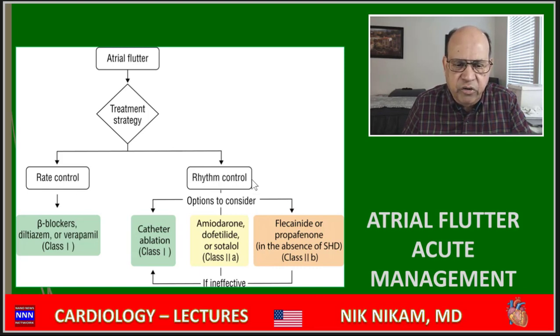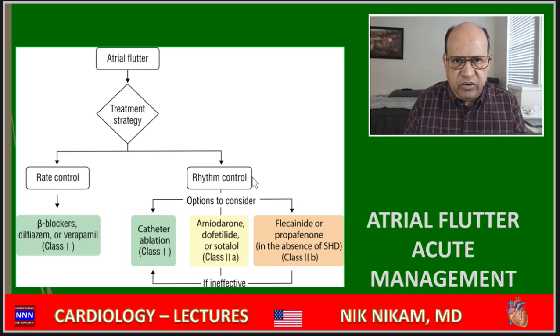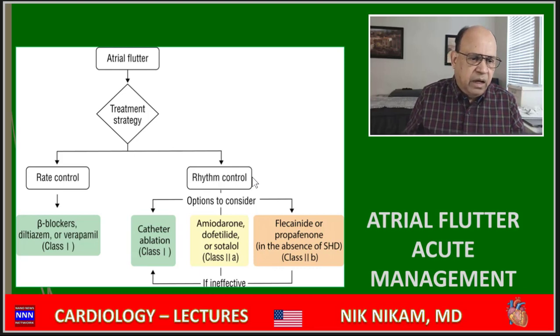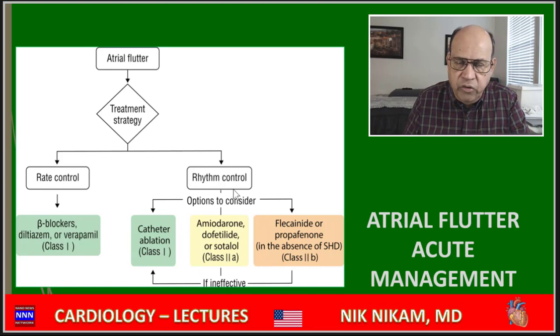Second, rhythm control. Unless the patient is compromised in terms of vital signs, hypotension, hypoxia, then cardioversion may be the choice for getting this patient back into sinus rhythm. As far as rate control is concerned, we have a choice of beta blockers, diltiazem, verapamil, or class 1 antiarrhythmics. The rhythm control is going to be of importance once we have controlled the rate, and this is for a